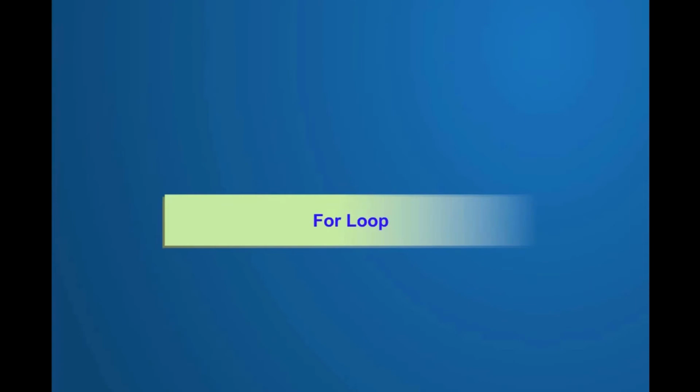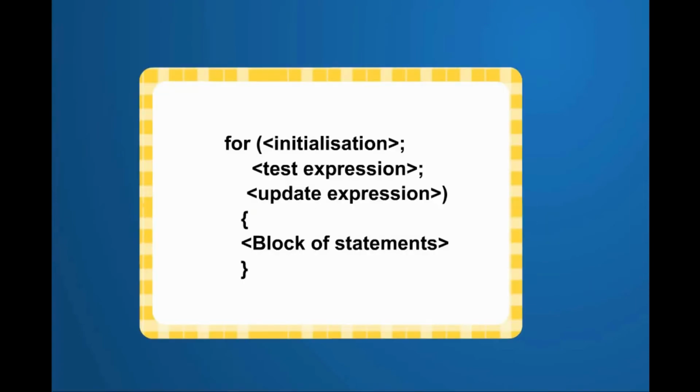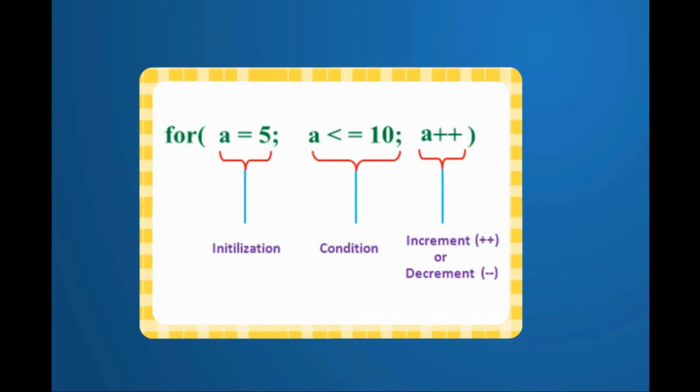For loop. This is one of the frequently used looping constructs. This is also an entry-controlled looping statement whose general format is for (initialization; test expression; update expression) { block of statements }. In this, the initialization part is used to set the initial or starting value of the control variable. The test expression is a condition which is to be tested, and the update expression sets the new value of the